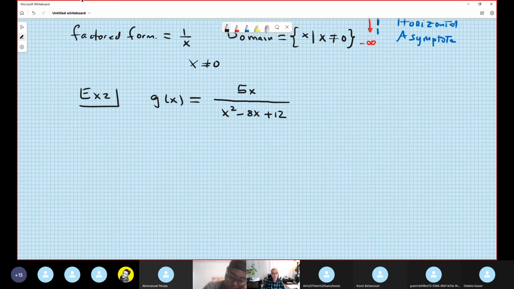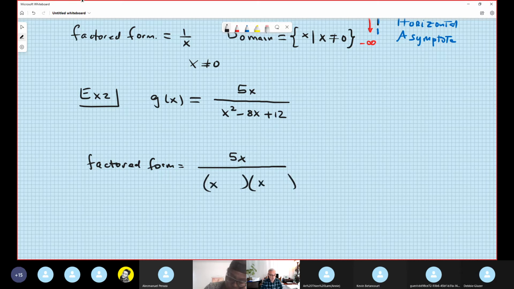Now, we have to factor. That's the first thing you should do. Well, to factor is to do the factorization. Sometimes it's possible, sometimes it's impossible. This is a monomial, it's impossible to do anything. But this is a trinomial, yes, we can do the factorization. The combination is 6 and 2, because 6 times 2 is 12, and 6 plus 2 is 8, negative. Boom. Perfect. This is the factor